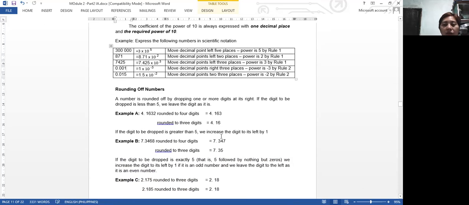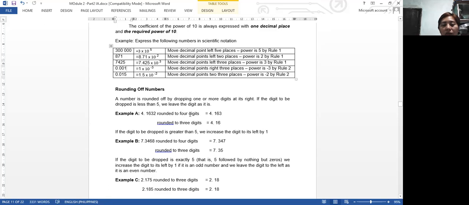Okay, rounding off numbers. How about rounding off numbers? A number is rounded off by dropping 1 or more digits at its right. If the digit to be dropped is less than 5, we leave the digit as it is. Again, if the digit to be dropped is less than 5, we leave the digit as it is. Like for example,